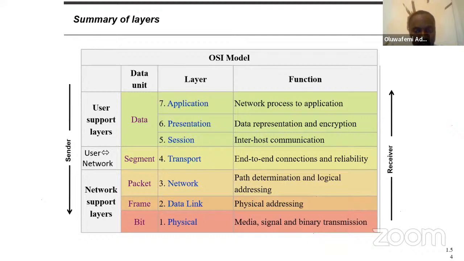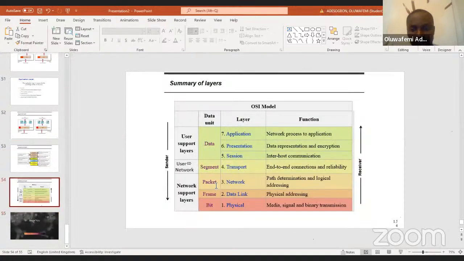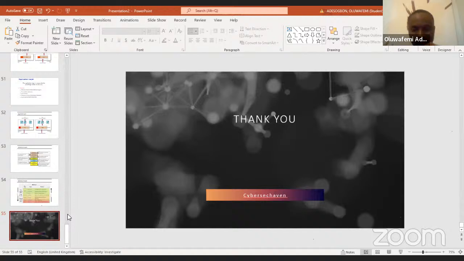Packet, network, where am I sending it to? I need an address. What is the IP address? I will tell you for free, any site you go to has an IP address. It is the domain name server that makes you not see the IP address. Then the frame, data link, a physical address, that is your MAC address. And the frame turns it to bits, which is the physical bits, right? And then, I think that's the last part of it, right?